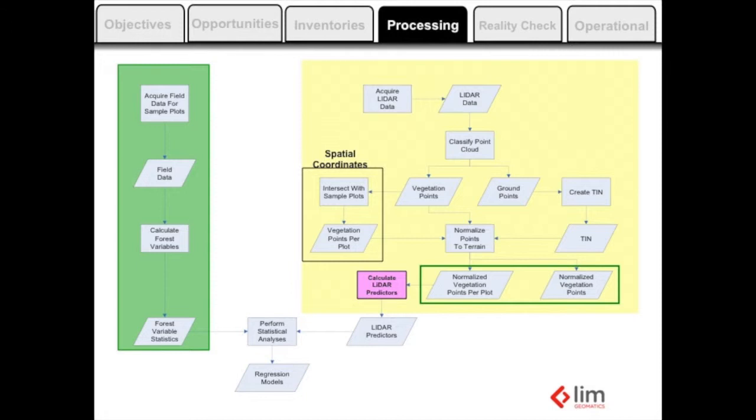At the same time, you want to intersect your field plot data that you have over here and extract the vegetation points that are represented in your field plots. So one of the things that nobody really hit on too much today is that if you're looking at or have existing ground plot data that you want to build LiDAR inventory models for, you have to get good spatial position on those plots. Okay? 5 and 10 meter accuracy on the center of the plots won't cut it. You want sub-meter accuracy to help you build better models.